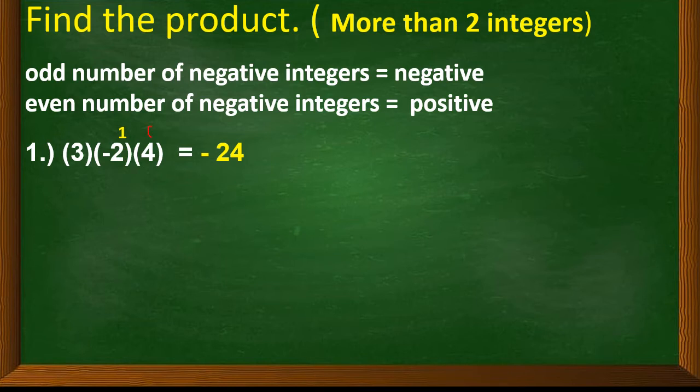And 1 is an odd number. That is why the sign of our product is negative. So we have here negative 24. Next,